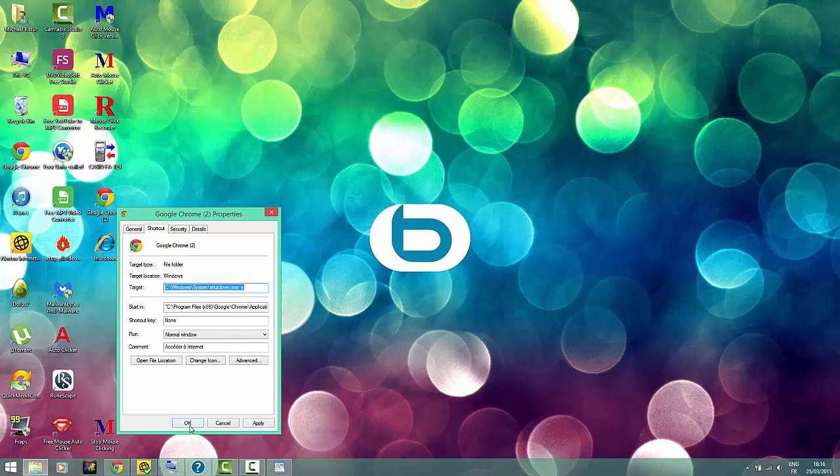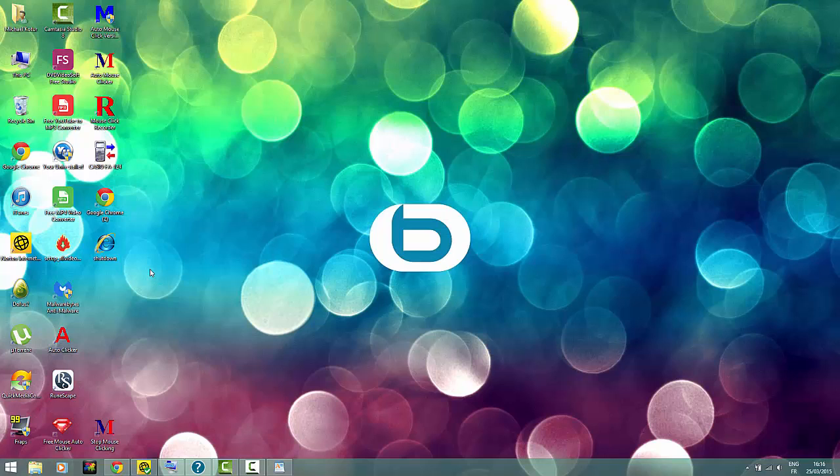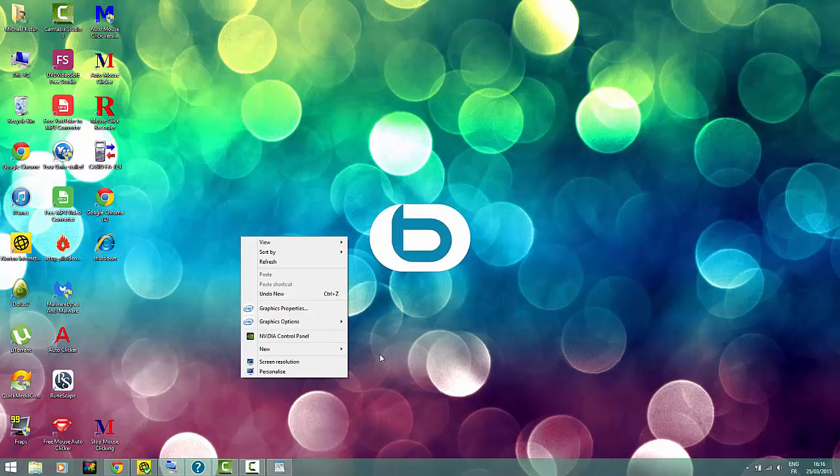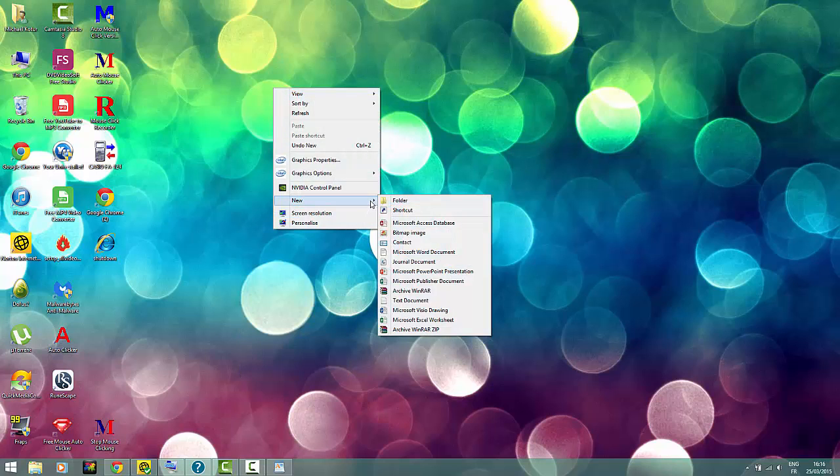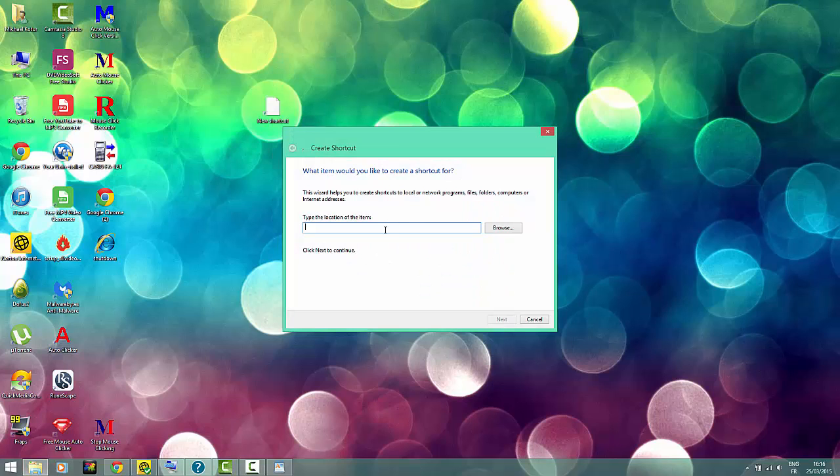You press OK, and every time your friend wants to go in Google Chrome, if he clicks on it, his computer will eventually just shut down, and there's no way to stop it from shutting down. So that's pretty cool. Now for Windows 8, what you do is right click anywhere on your desktop, press new, shortcut, and what you want to put in here is shutdown,